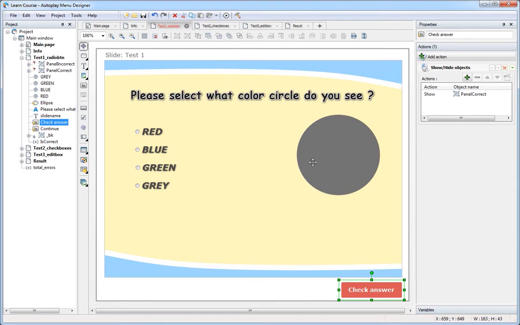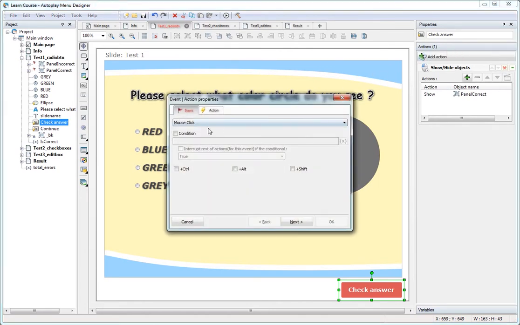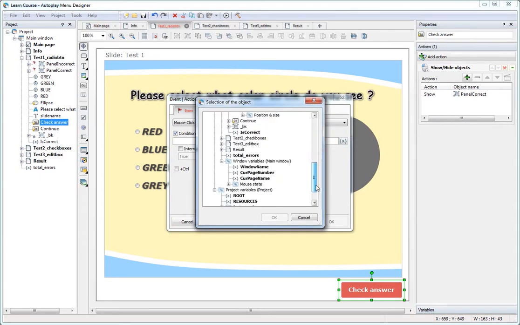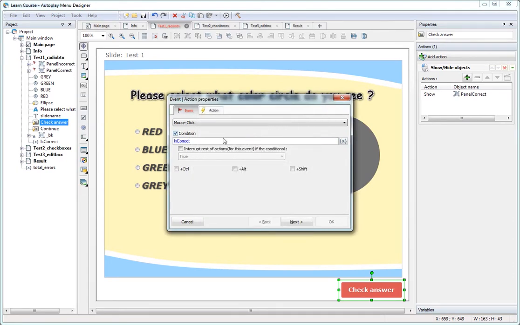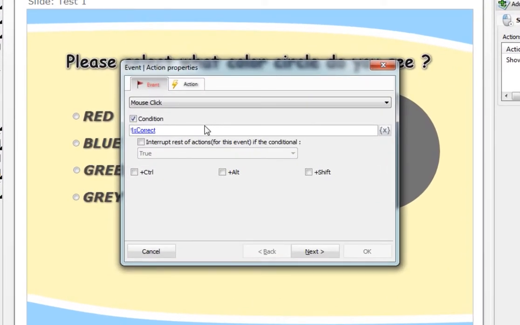Plus, add one more action, and as an event condition, set the name isCorrect variable, but with negation, an exclamation mark before the variable name. Thus, this event will be triggered when the button is pressed, only if the value of the isCorrect variable is false, i.e., the gray radio button is not selected.